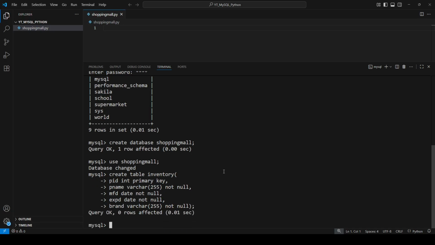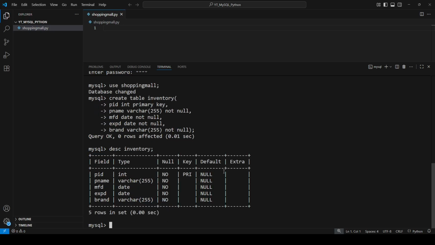So we'll use the desc command to check the database table. Okay, this is the table structure. So based on the table structure, we will be designing our inventory system. Now,